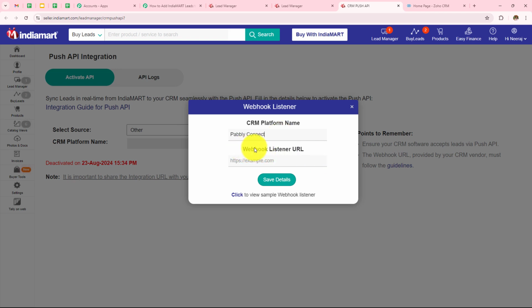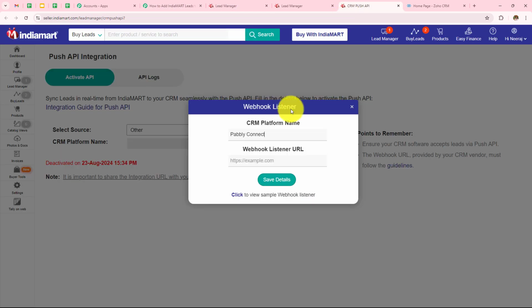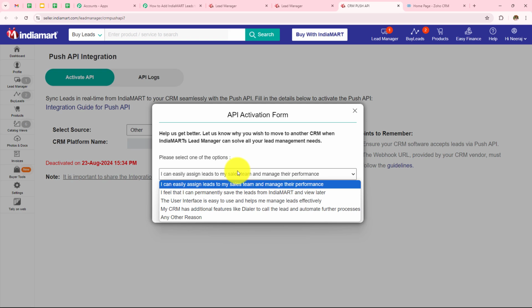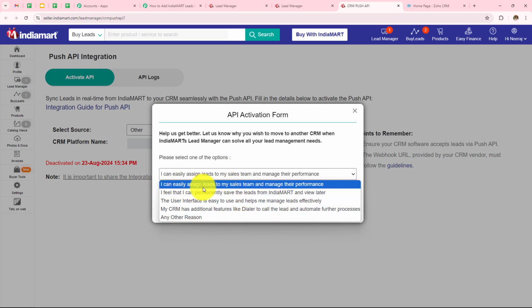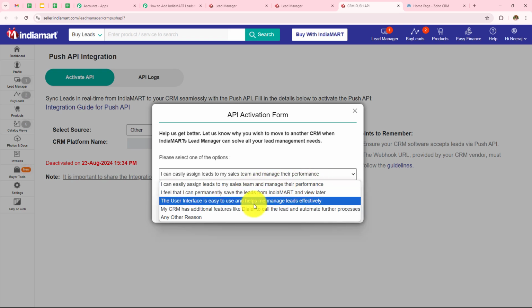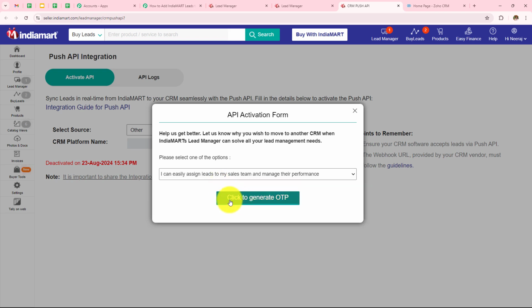And then in my webhook listener URL, I have to enter the webhook URL which I am provided in my Pabbly Connect workflow. So let's go back, and from over here, copy this webhook URL and simply paste it over here. Now I simply have to click on save details, and from over here I have to select one of the options. So I want to select I can easily assign leads to my sales team and manage their performance. If you want to select any other option, you can simply select that from here and then click on